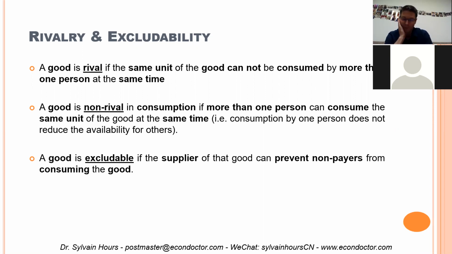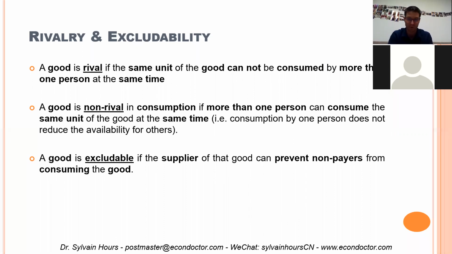Excludability is something very different. It's about, can we exclude those who don't pay? Is this possible? If you don't pay for the good, can you still consume it? If it's the case, then we say that the good is non-excludable. In this case, it's impossible or very, very costly, too costly, to prevent those who have not paid from accessing